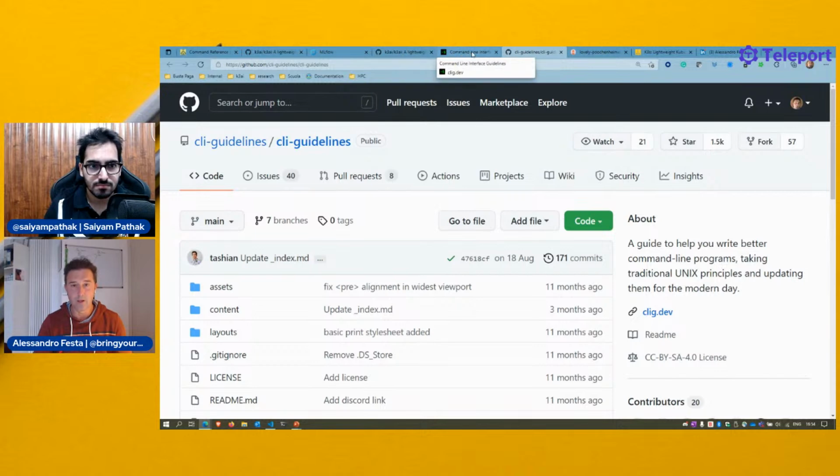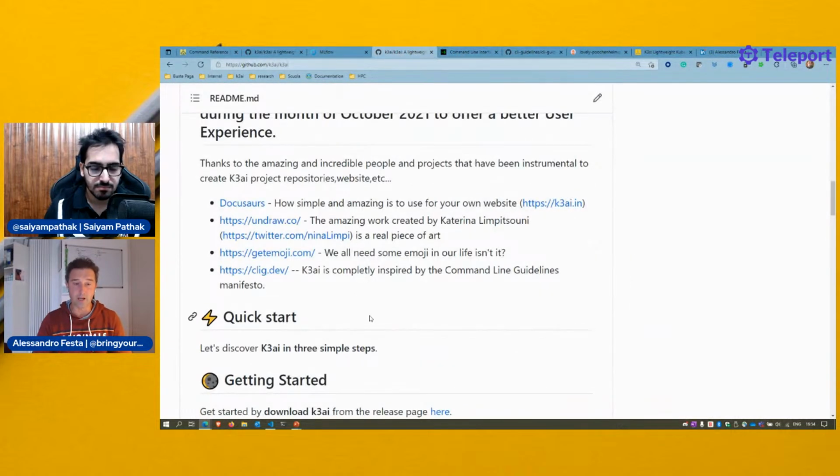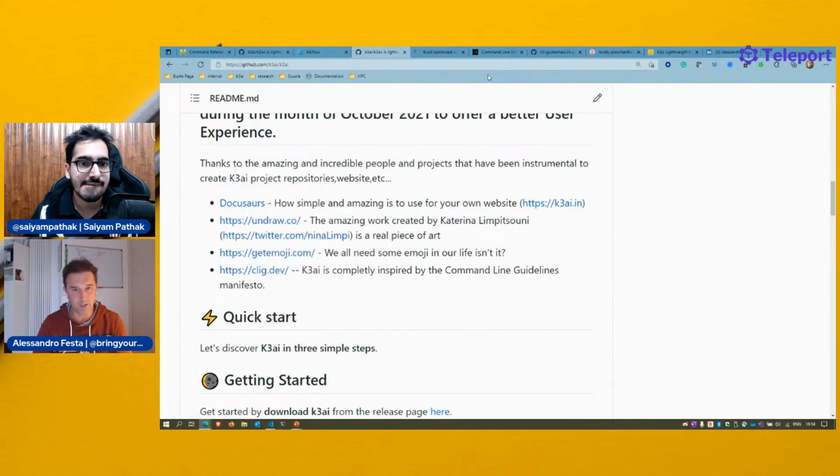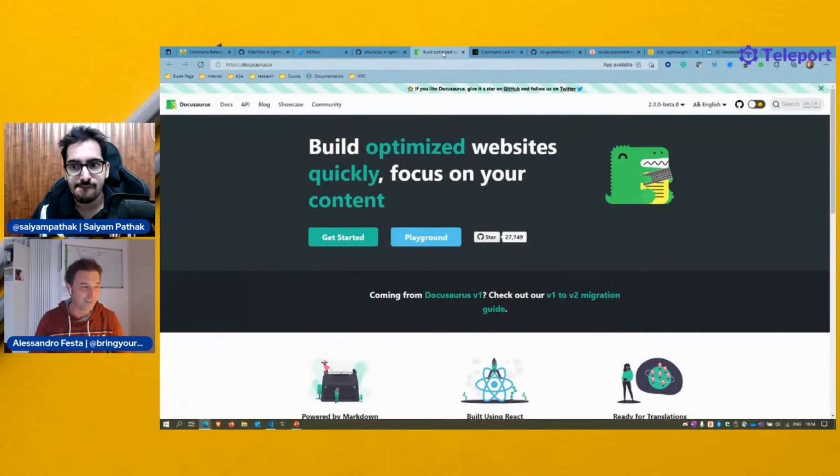They're super cool. Another thing that I use, a couple of things that I really want to mention, like Docusaurus. Now we all keep saying that Facebook is really bad, but it's not. Facebook open source built this amazing project called Docusaurus. It helps you build a website based on Node.js literally in minutes.